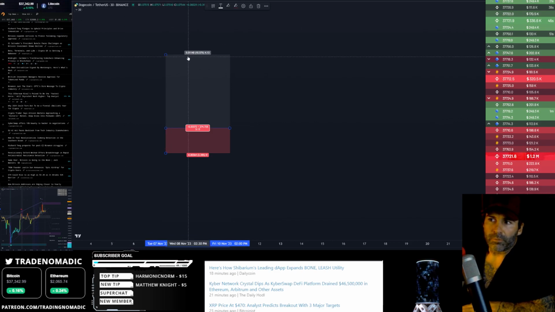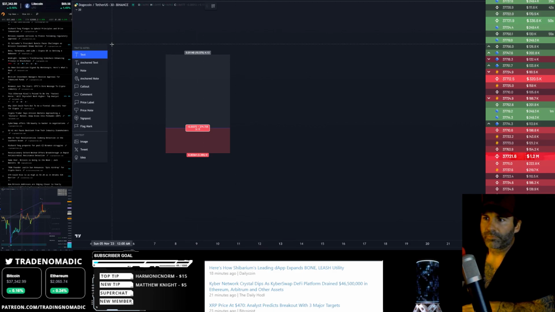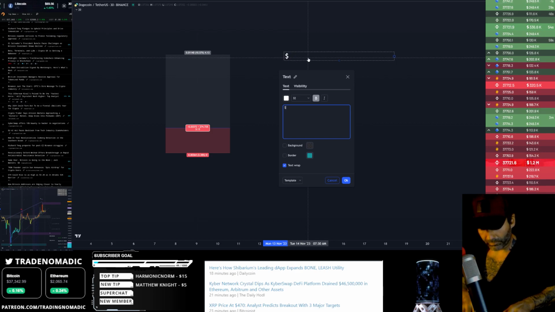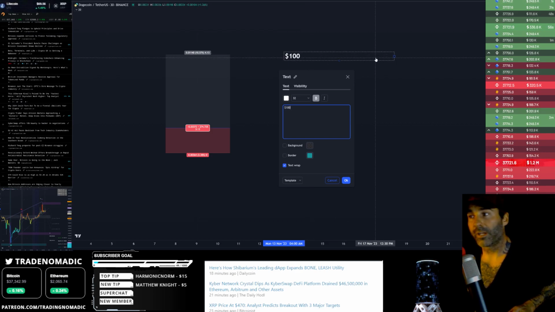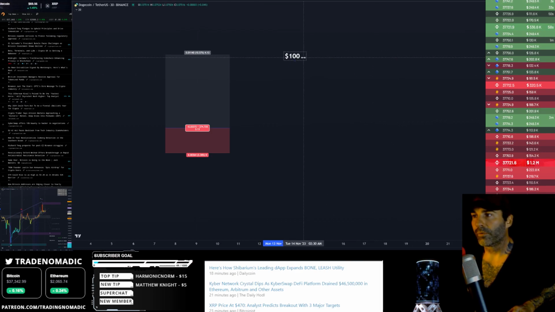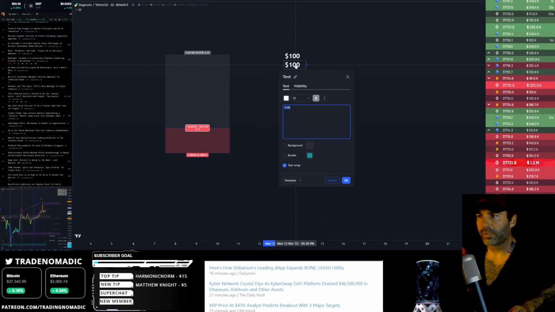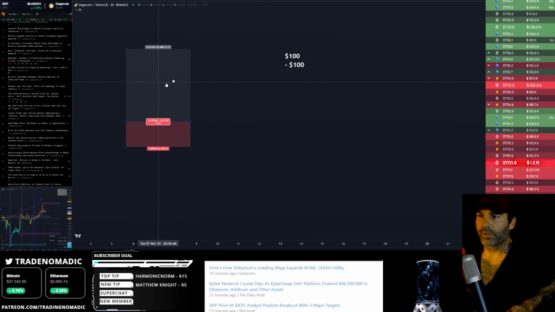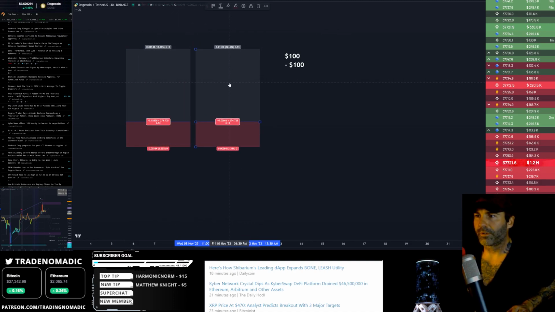So with a 3-to-1 trade, I can take 4 trades. Say every trade I'm risking $100. And if I win, I get $100, and if I lose, I'm minus $100. So if we do this 3 times,